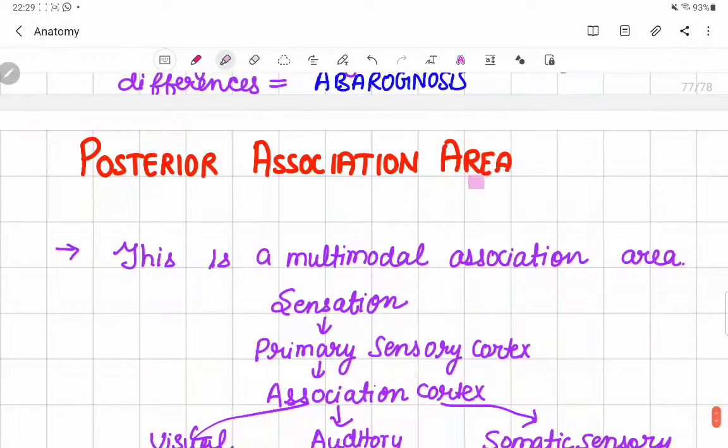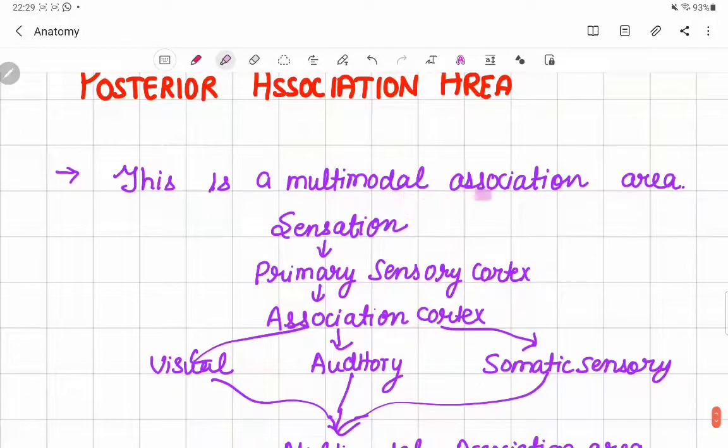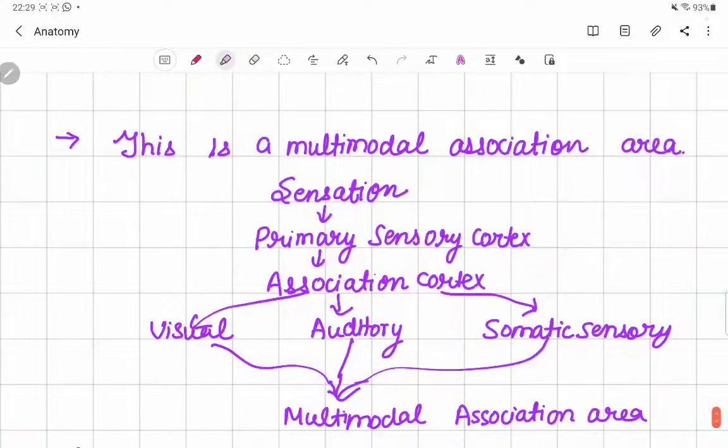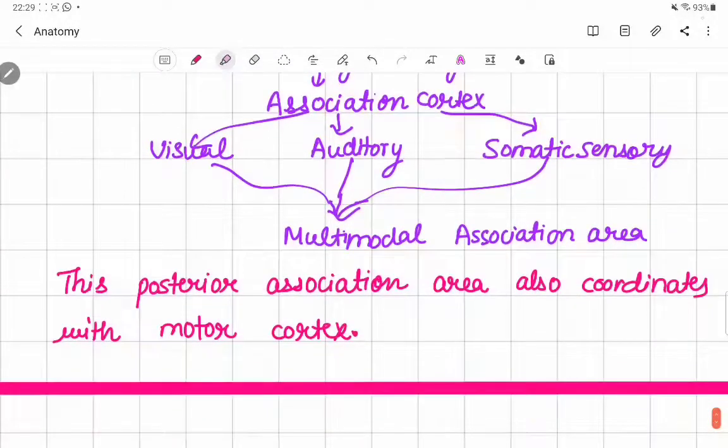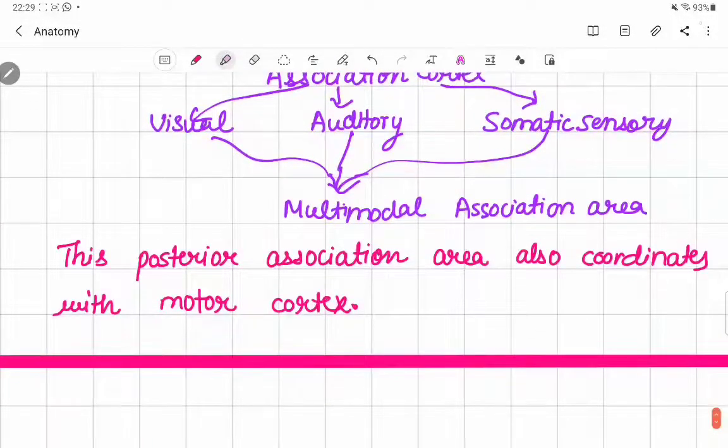Now let us move to the posterior association area of the brain. This is the multimodal association area, as we have already seen, that it is located on all three of the parietal lobe, the temporal lobe and the frontal lobe. It has parts on each lobe. It receives sensory information from the primary sensory cortex and association cortex, and it has information in three parts: visual part, auditory part, somatic sensory part. We have already seen this. That's why it is called the multimodal association area. The posterior association area also coordinates with the motor cortex. This we have seen in the last lecture. So that's all about